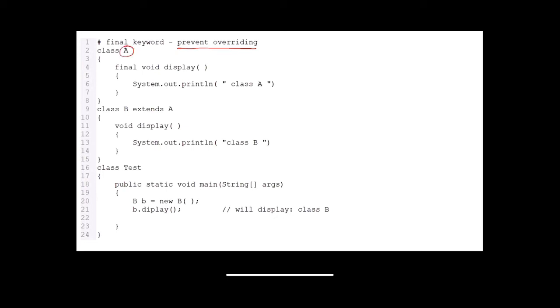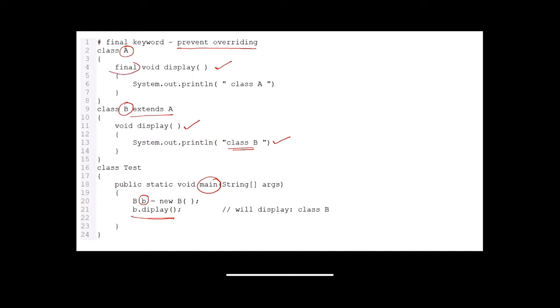If I have my class A and a class B that is inheriting my class A, then I have this main method and I've created an object of my B class. Using this B class object, I'm calling the display function of my class B. So basically this method will be called and the value will be printed as class B. Now there will be no fighting as to which display function has to be called.